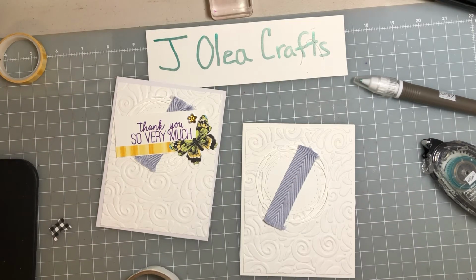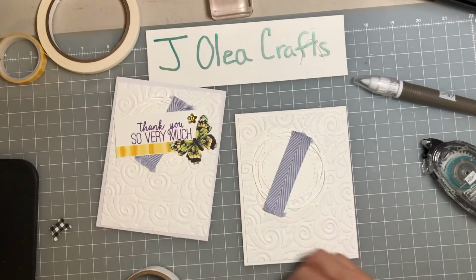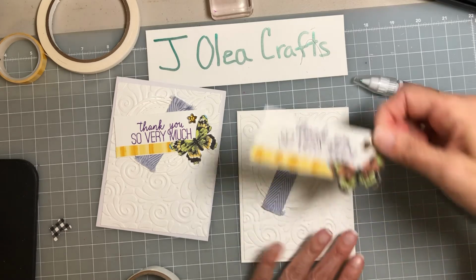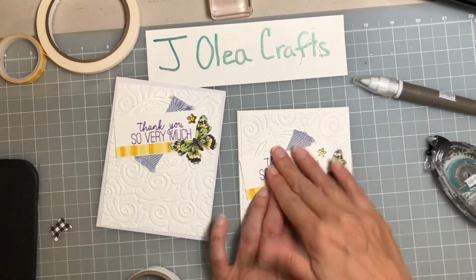Because of the ribbon, it's going to go a little bit on the embossed, and embossed is just the textured paper. So when you have an embossing folder and you run it through a die cutting machine or an embossing machine, when you give paper texture, that's embossing. So it's kind of like dry embossing, and then there's heat embossing, which is when you use a heat gun, and that's a different technique. So we're going to add this to the front like so,